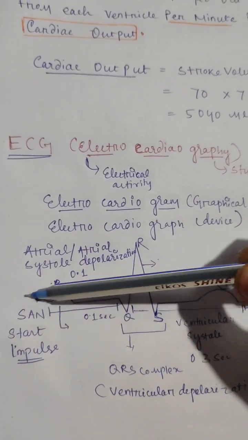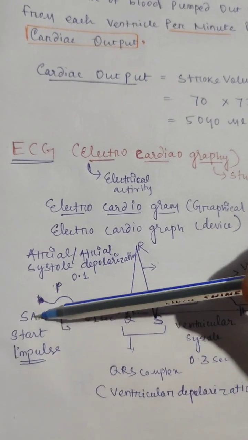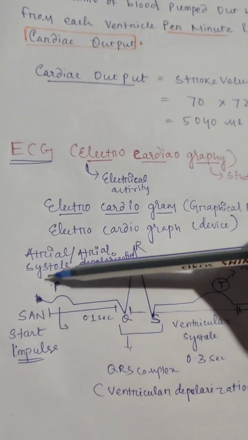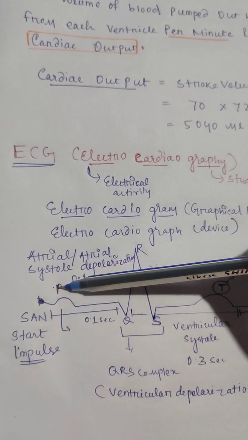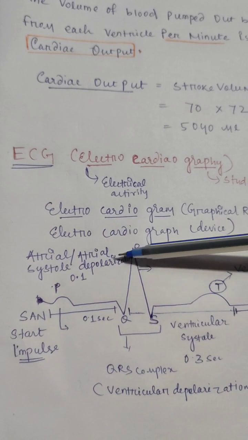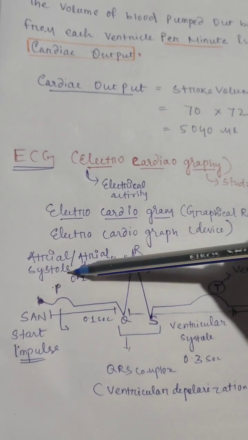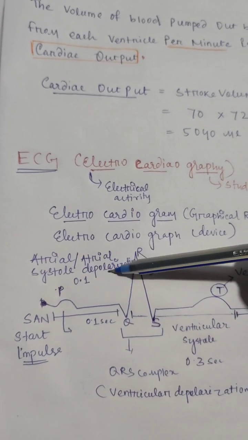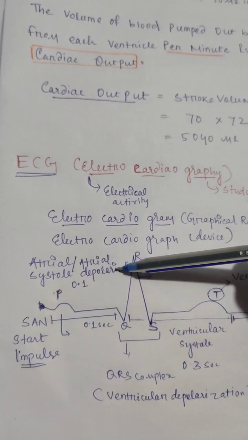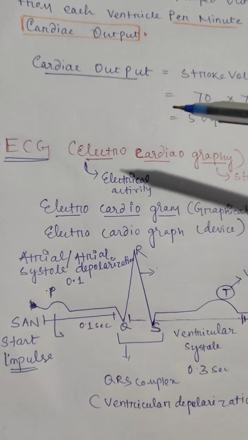When the sinoatrial node, which is present in the right atrium, starts the impulse, then there will be atrial systole, meaning atrial contraction. The P wave represents the atrial depolarization. When there is contraction of the atria, there will be atrial depolarization. The P wave depicts atrial depolarization, and that is for 0.1 second. Then